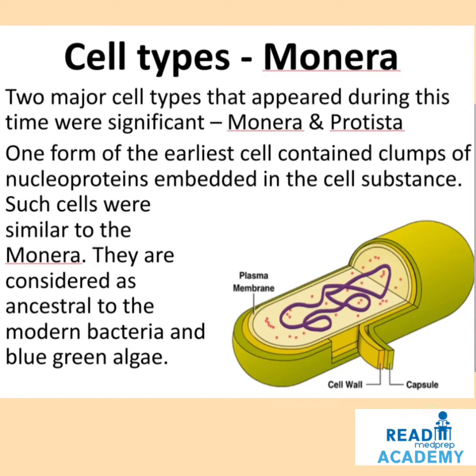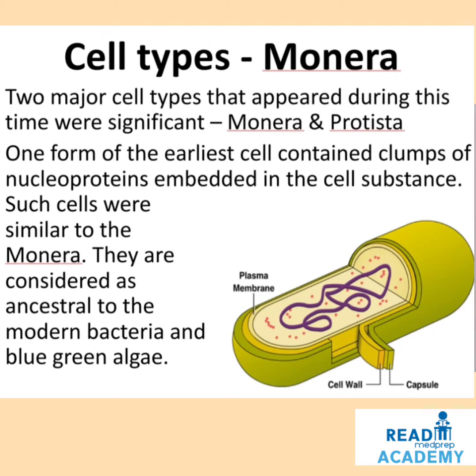Cell types. There are two major cell types that appeared during this time: Monera and Protista. One form of the earliest cell contained clumps of nucleoproteins embedded in the cell substance. Such cells were similar to the Monera. They are considered the ancestors of modern bacteria and blue-green algae. You can see in the image the nuclear material in the center surrounded by the cell wall